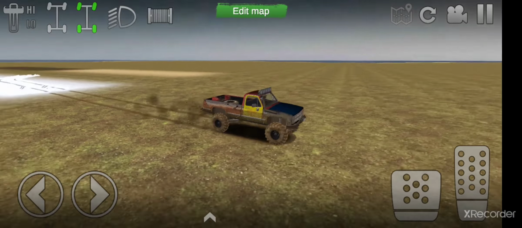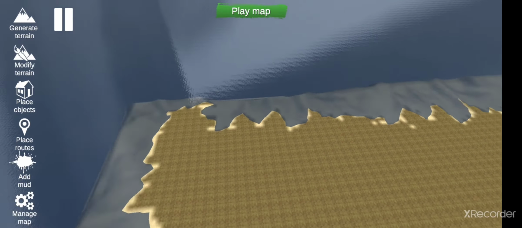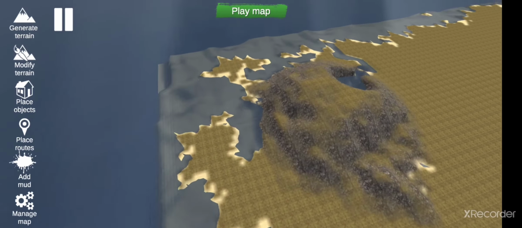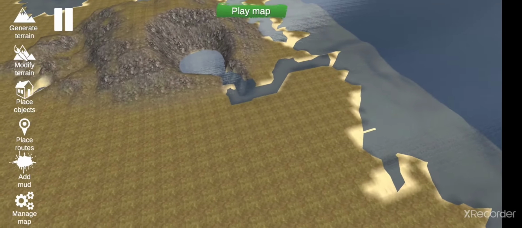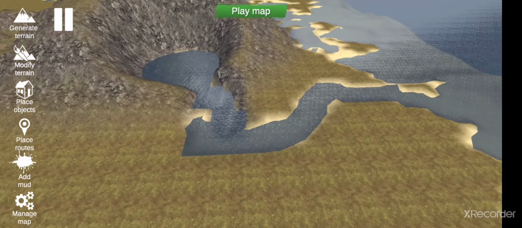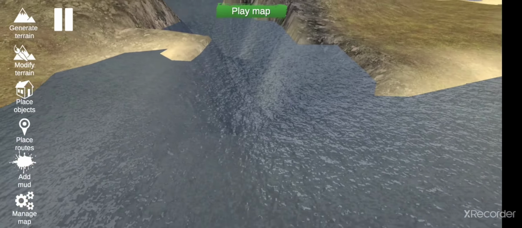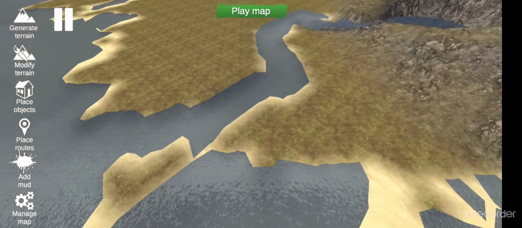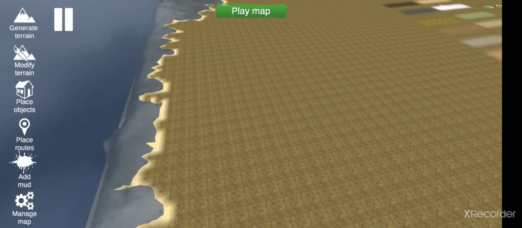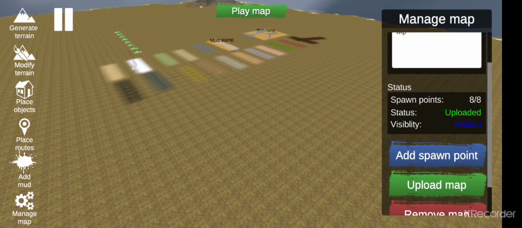Alright. What you want to do is, after you save and load back in, you want to make sure everything that you did is still there. So that one piece of land that was kind of being stingy with me, I was kind of worried it wouldn't change, but looks like it changed. Everything is good there. Looks good to me. So I'm going to save this map